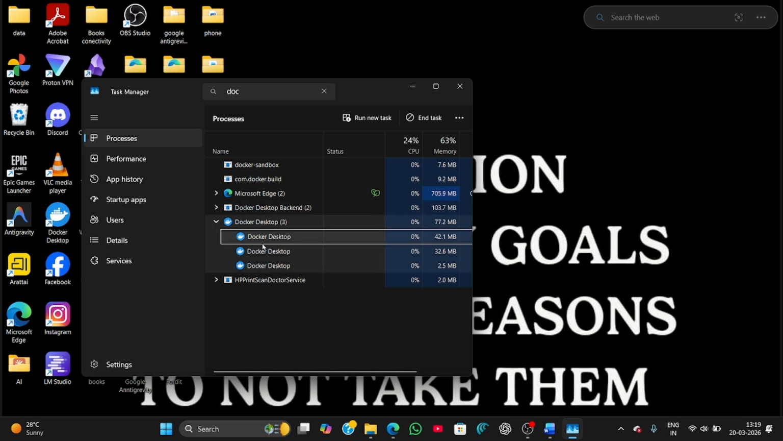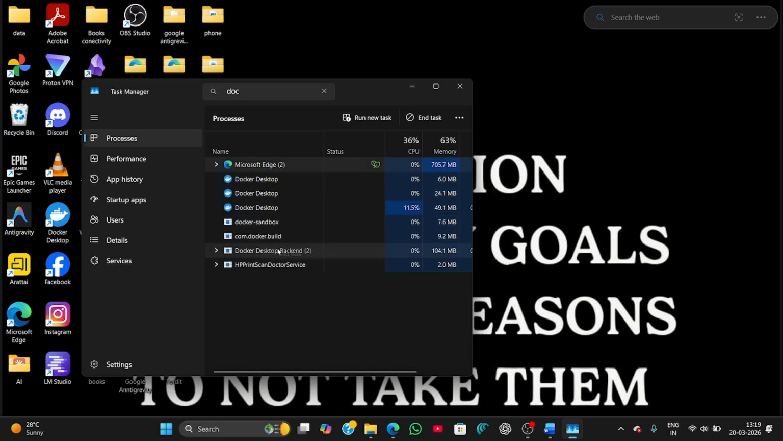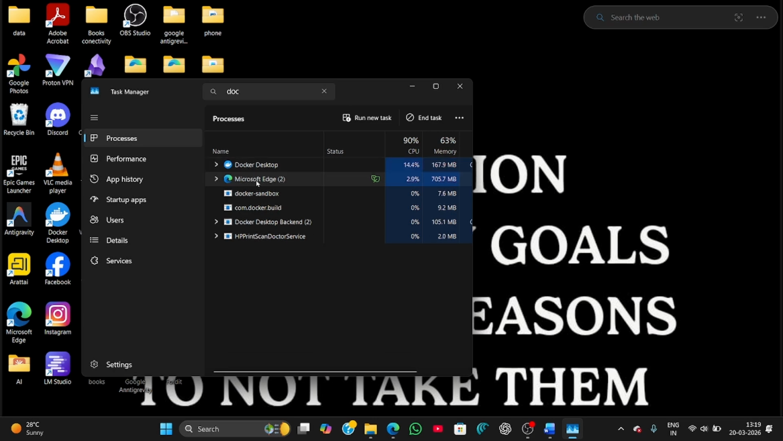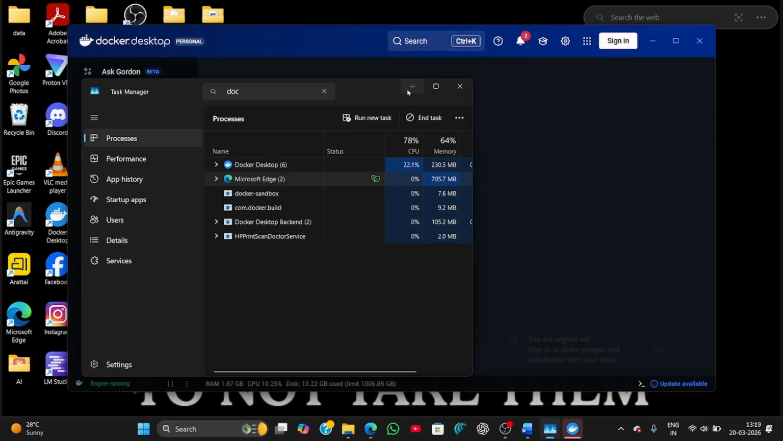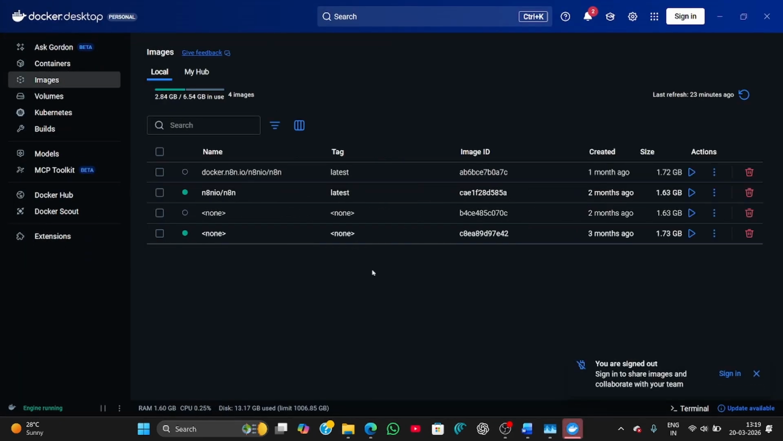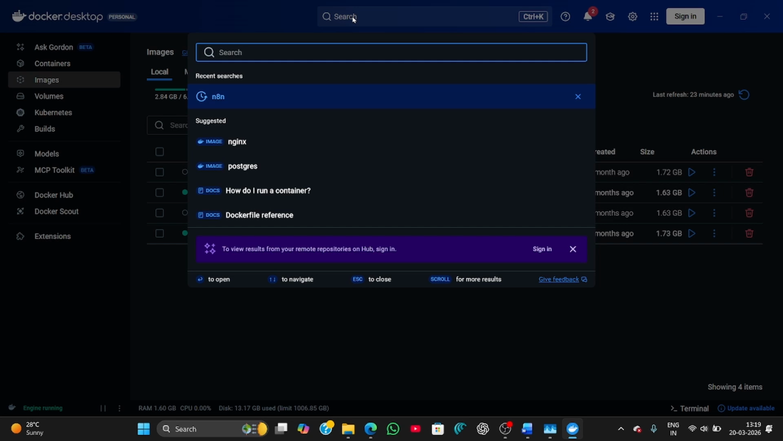Let's just try running it, and all of these tasks. Okay, so Docker Desktop is open. What we need to do first, you will see the whole screen, but we don't need to worry about anything on the screen. First we need to go to search and search